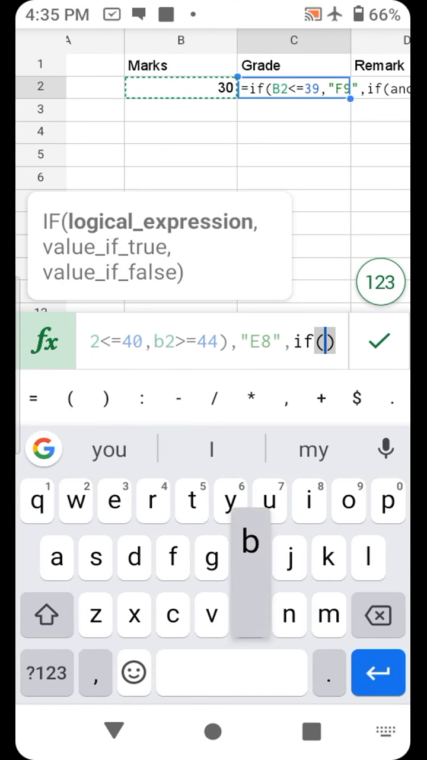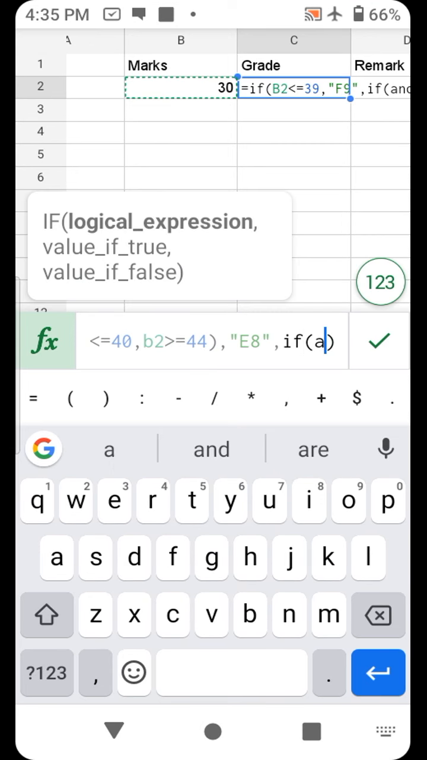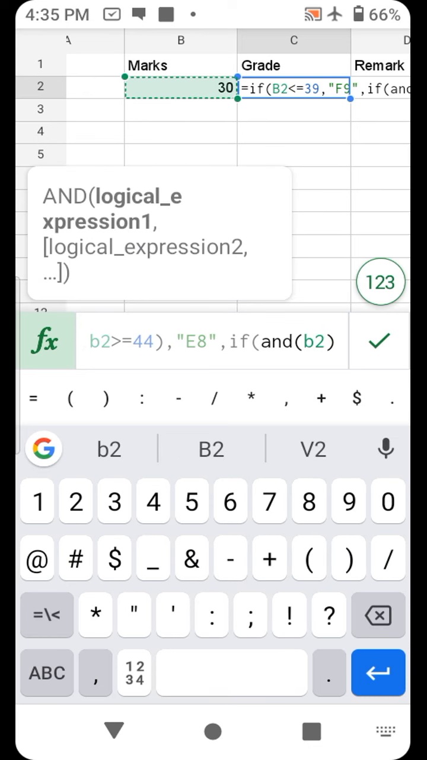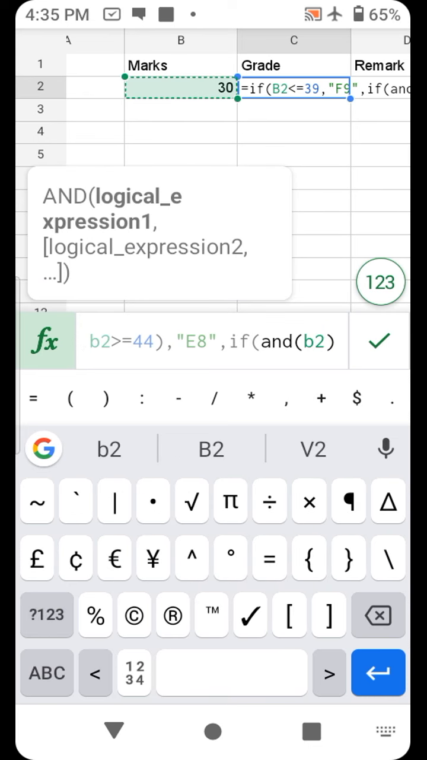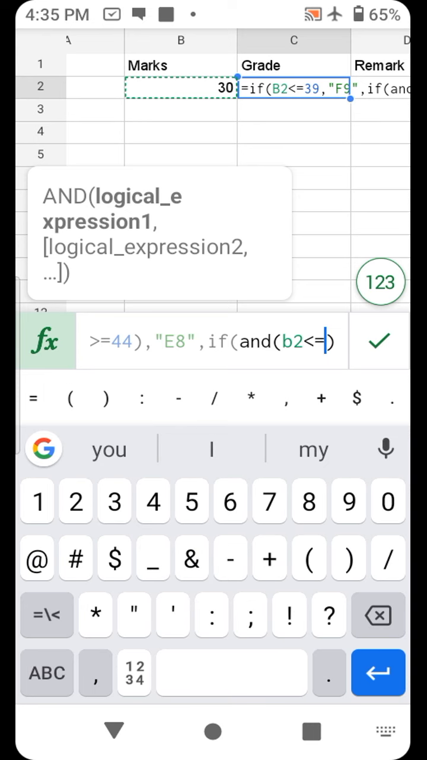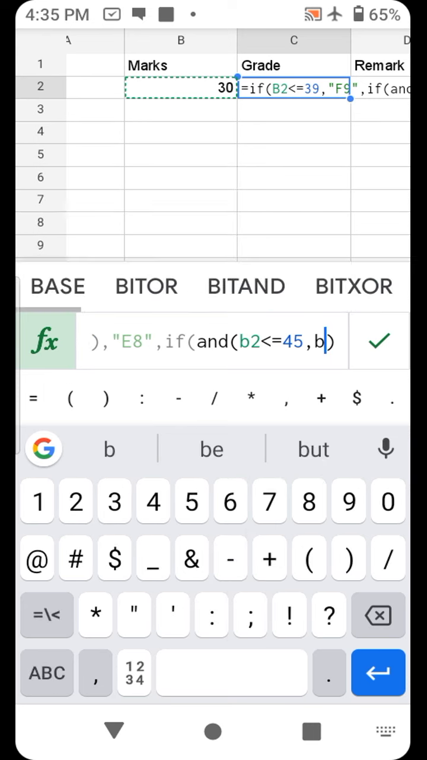If B2 is less than or equal to 45, comma, B2